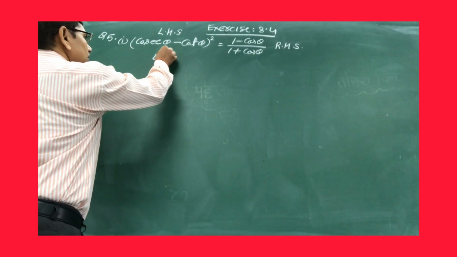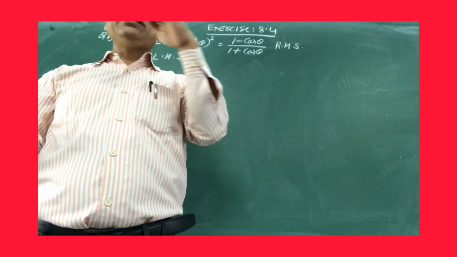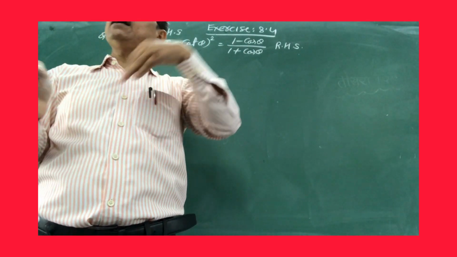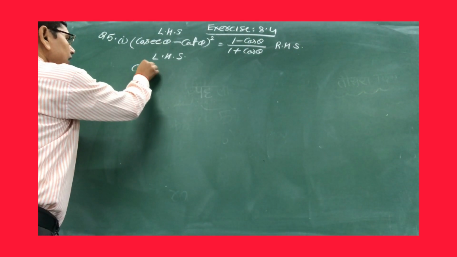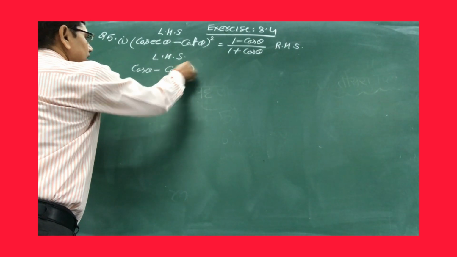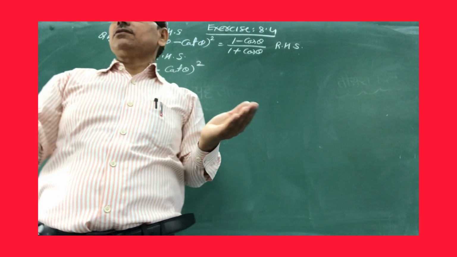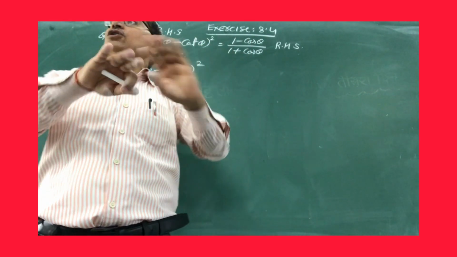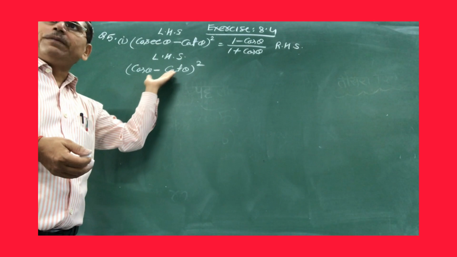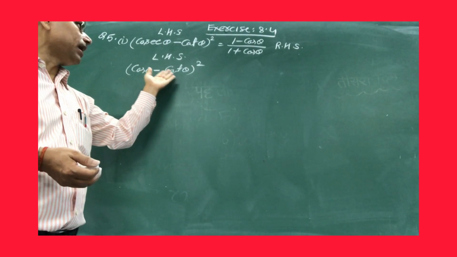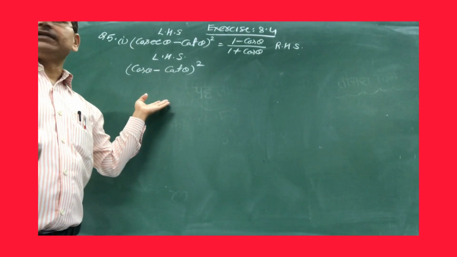Then, in most cases you will select the largest side, as this will be easiest to show the other side. So now the left hand side is (cosec theta minus cot theta) whole square. You can solve this question in several ways. The first solution is to open the identity, that is (a minus b) whole square. Otherwise, without opening the identity, you can solve it directly.